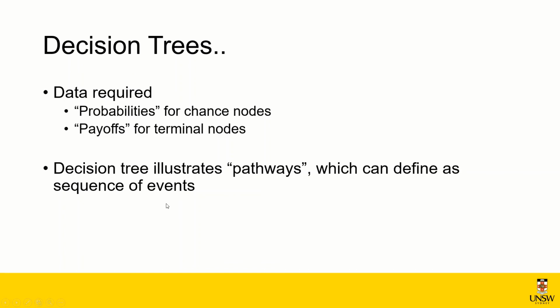If you take one decision, another chance could happen and that could lead to something else. It's a sequence of events. It starts from one end and it follows through to the end, right? So a sequence of events. So let's have a look at